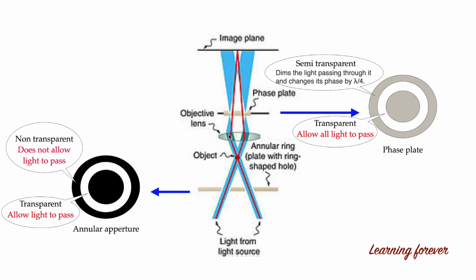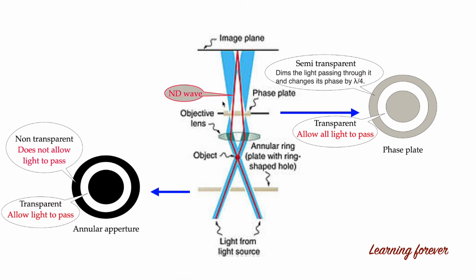This non-diffracted light will move through the transparent portion of the phase shifting element, whereas the light which is diffracted from the object will move through the semi-transparent material of the phase shifting element. As a result, the intensity of the diffracted light will be dimmed to 1/4 of its original intensity, whereas non-diffracted light will pass with its original intensity.